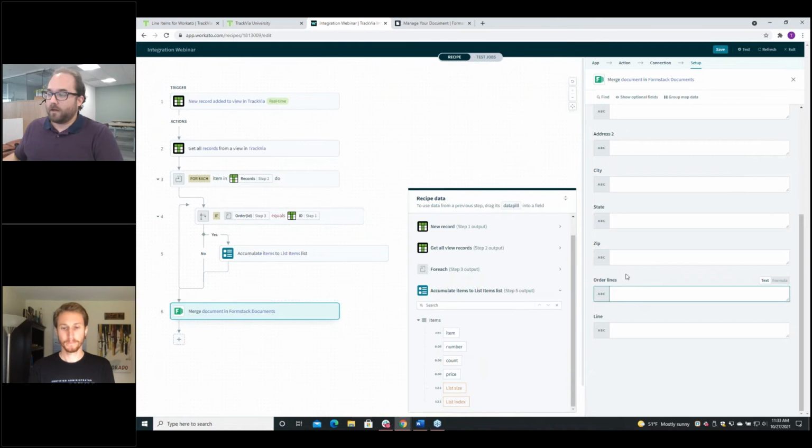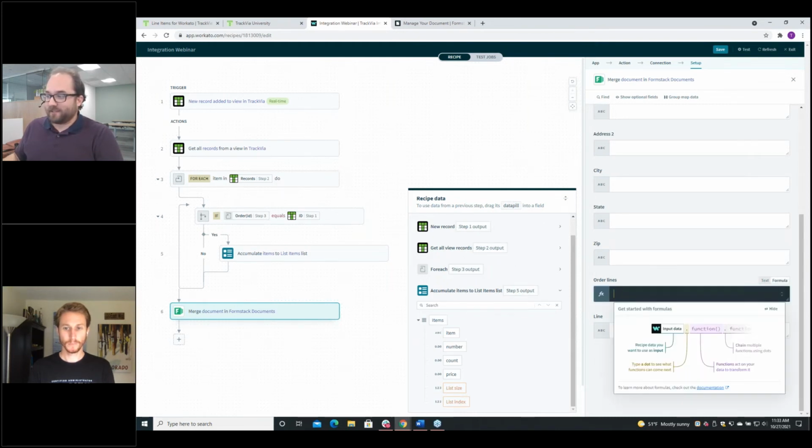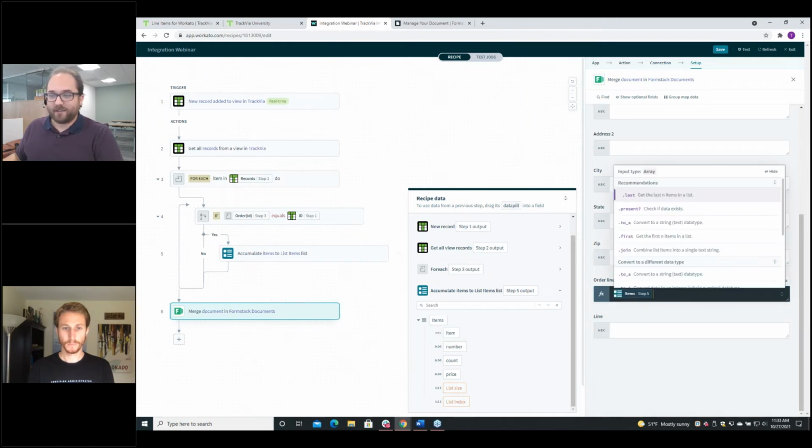Workato wants you to just put a data pill in here, but what Webmerge is actually expecting is a full array. So for this one, I'm going to click over into formula mode because that'll allow me to put in this items, which is that entire accumulated list. No matter how many times it went through the loop, that list of items still exists in there.